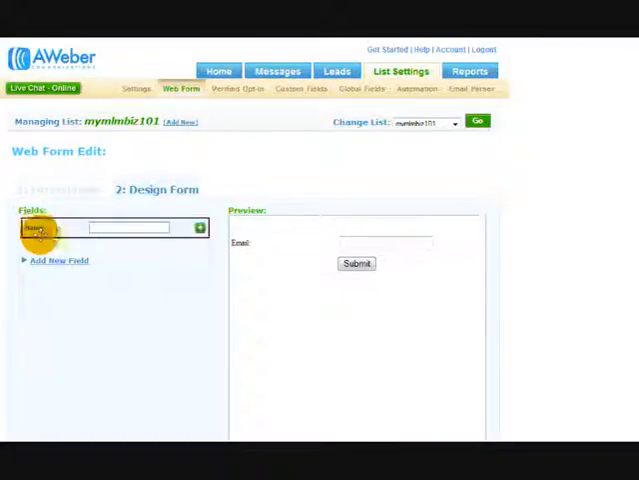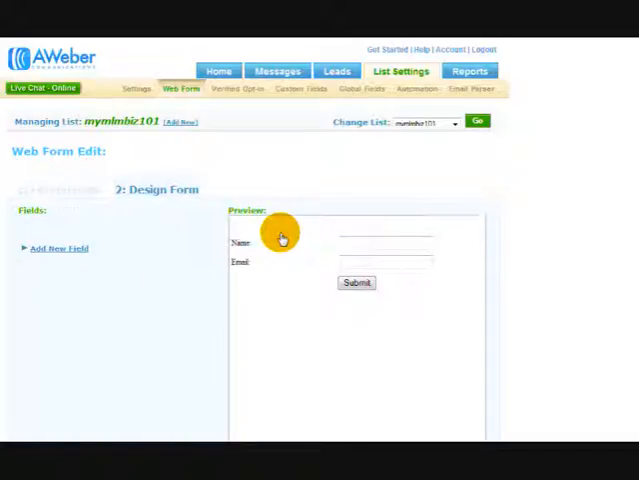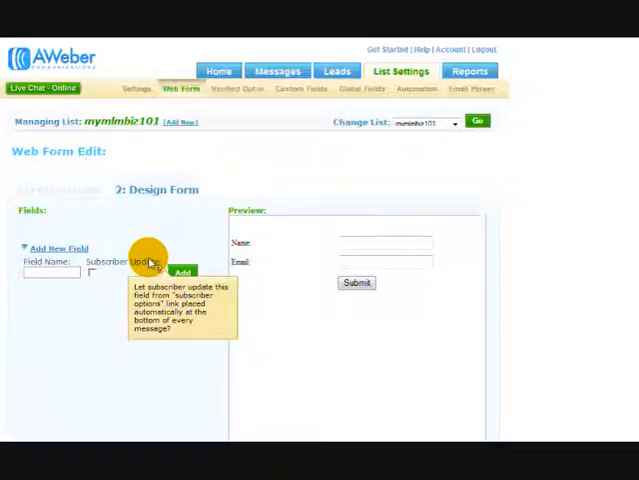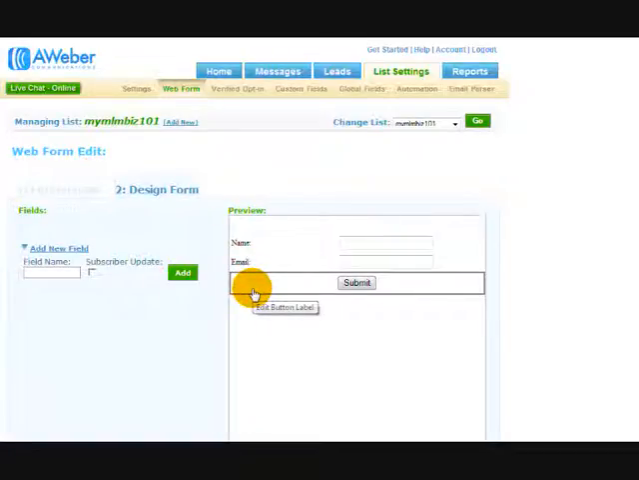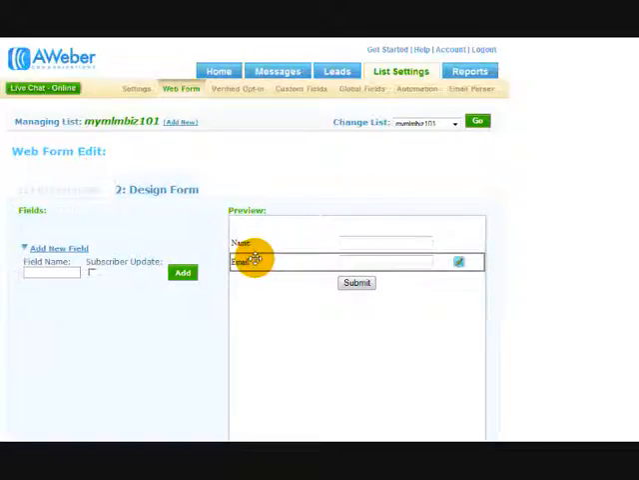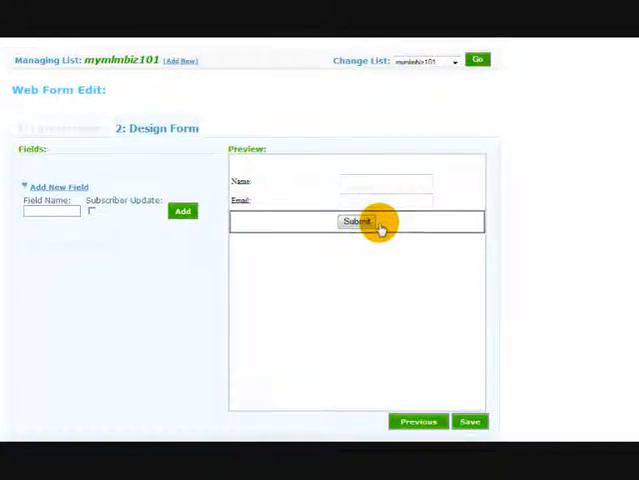Then we just want to drag the name field over above the email. You can add new fields if you want to collect people's phone numbers as well, or other details, then you can do that, but I recommend just keeping it simple for now. Just simple name and email, that is absolutely fine. And we can also change this